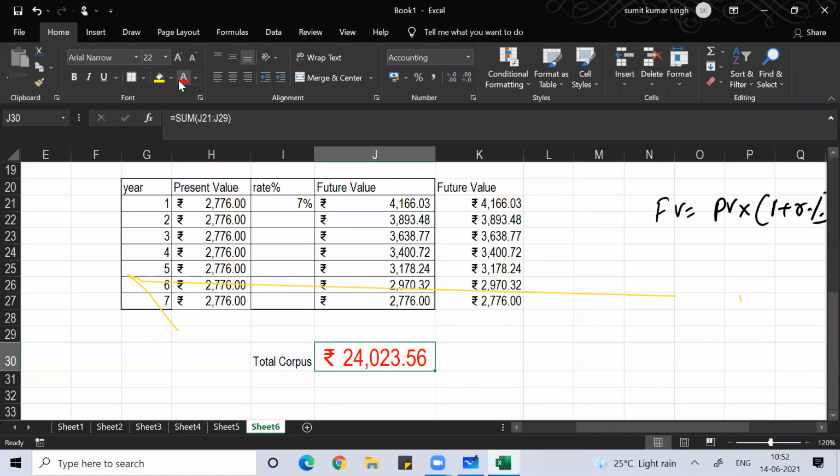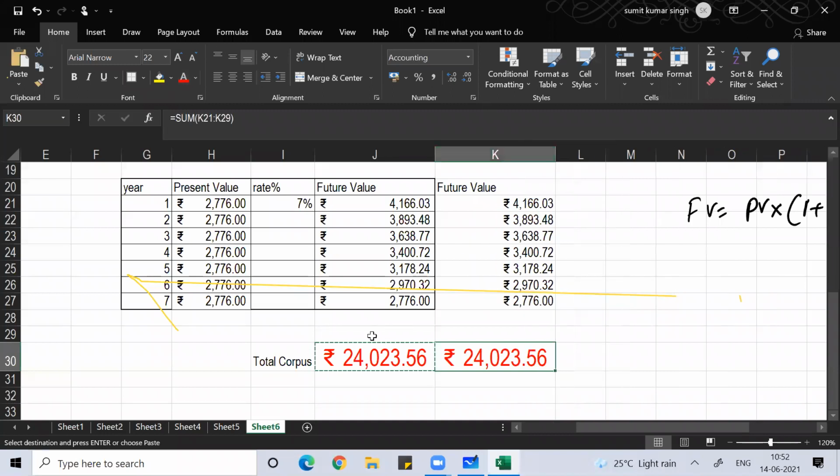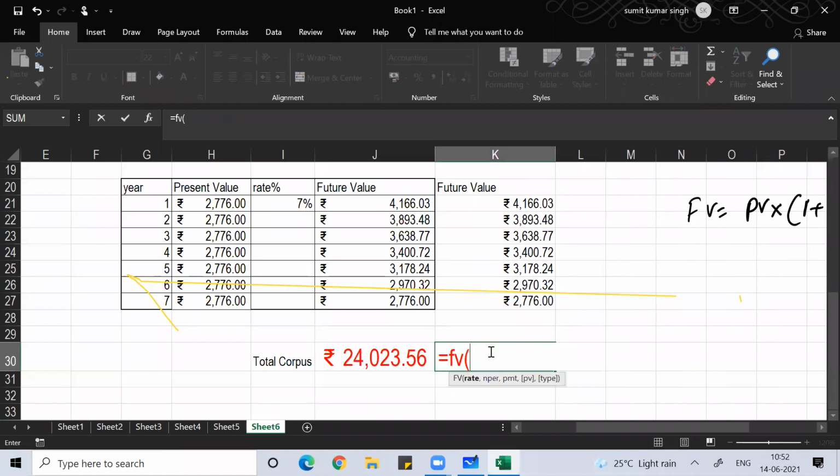So let your annuity be suppose 2776 rupees. So this is the direct answer, what you got here. You could do it step by step like this, or you can use that formula, equal to FV, open bracket, rate is 7%, comma NPER.